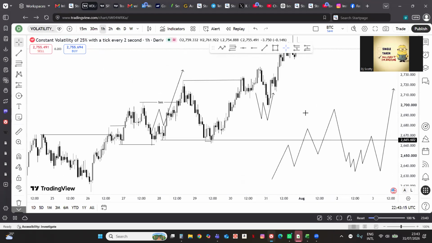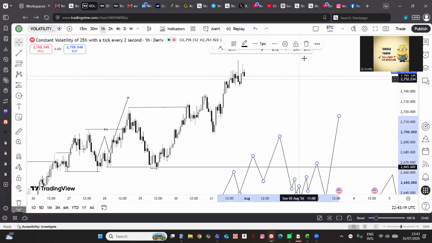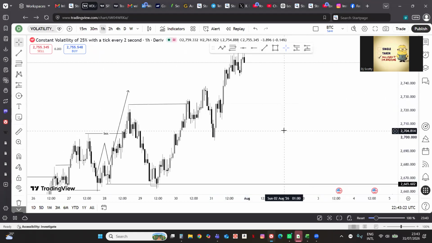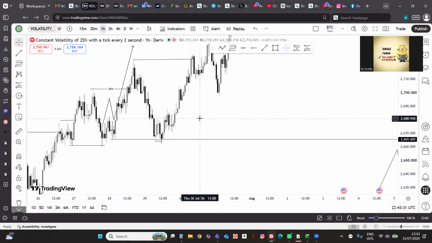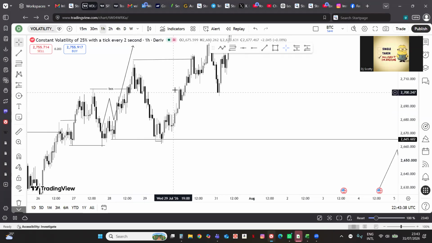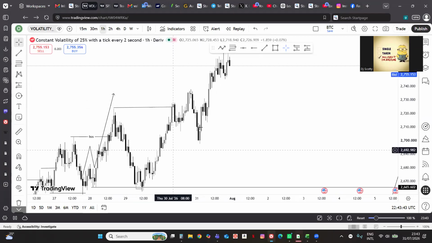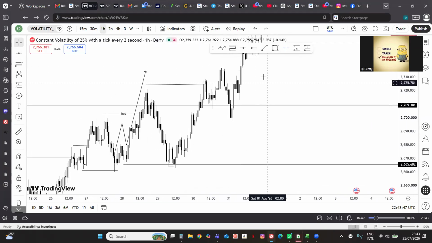Now, if this market is still going to give us a buy continuation, right? We have a break of structure here. We have an inducement here. Let's see. Now, this could be another entry. This one here could be another entry. Why am I saying it could be another entry? Because